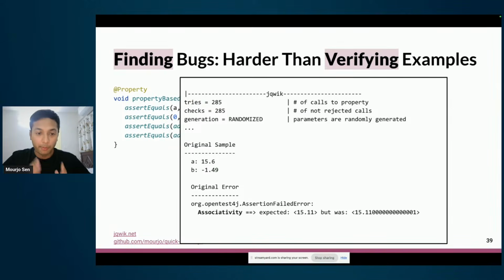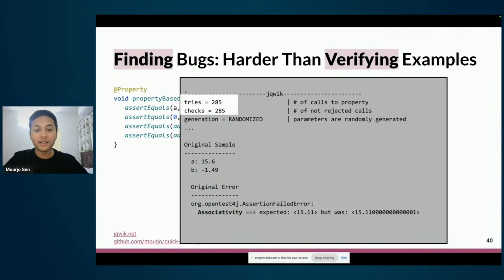And this is a simple method, right? I was very sure that the 4 examples that I wrote before were pretty solid, and I would have slept really soundly at night. But for some reason, something did not work as I expected. So first of all, after 285 tries, like 285 test cases, the system found something that did not work. Now, I don't know about you, but I would not write 285 test cases for addition, but the system can. And that's what we are going to use. So that's number 1. So what is not working?